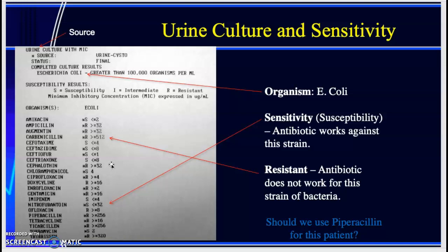And you could see my question down the bottom would be, should we use piperacillin for this patient? And if you go down to the bottom here, piperacillin, you can see that there's an R there, and it's greater than 256. And so that means that the microbe is resistant to that. And so, no, we wouldn't want to use piperacillin. And so if the doctor was giving that piperacillin, then we may want to call the doctor and say, hey, doctor, I noticed that one of these sulfa drugs up here is good. You want to switch to that. Okay, so that'll be that for this